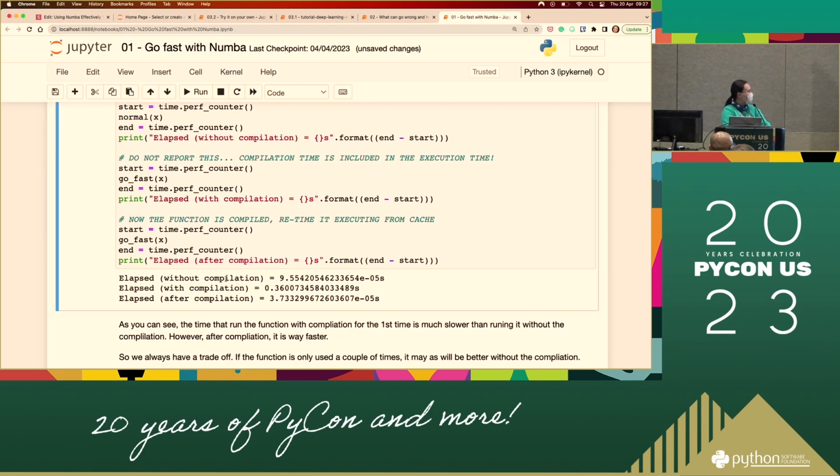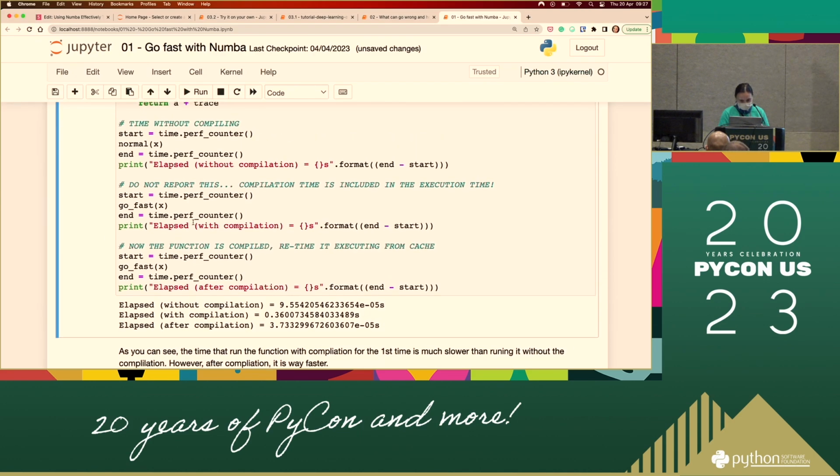Yeah, so you can see it's very interesting here. It's with compilation and then after compilation. Why are there two different things? We are comparing the one with the JIT and the one without the JIT, but why are there two here? If you look at the comments, it's already trying to explain it. Without compilation is your baseline. It's what you normally do with Python, doing the Python thing. You don't interrupt it. You just let Python be Python. So this is the without compilation time.